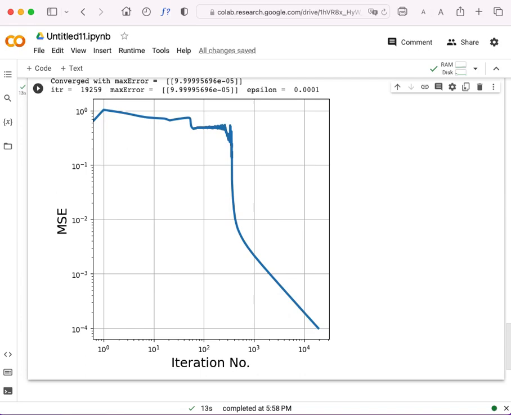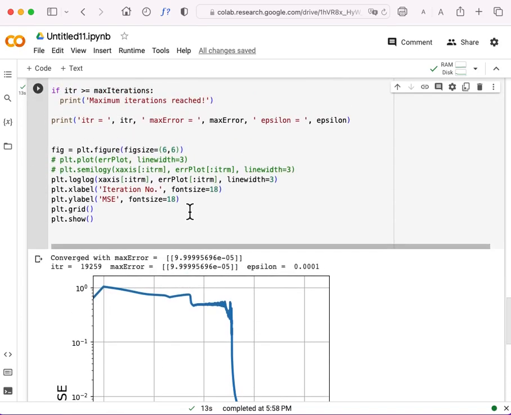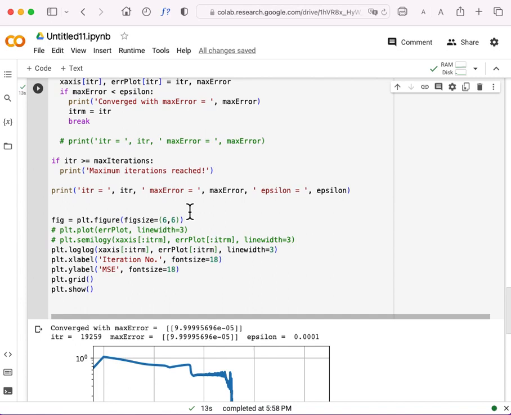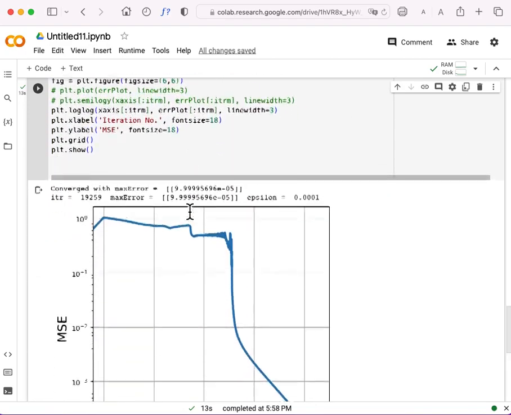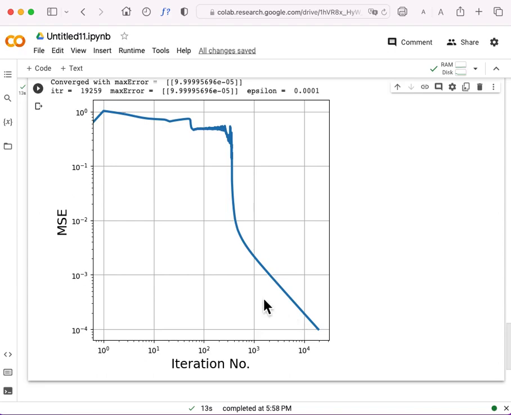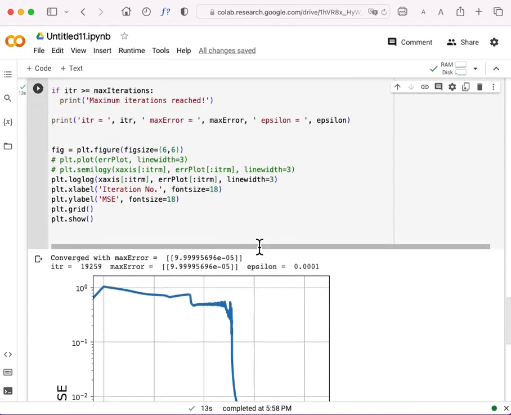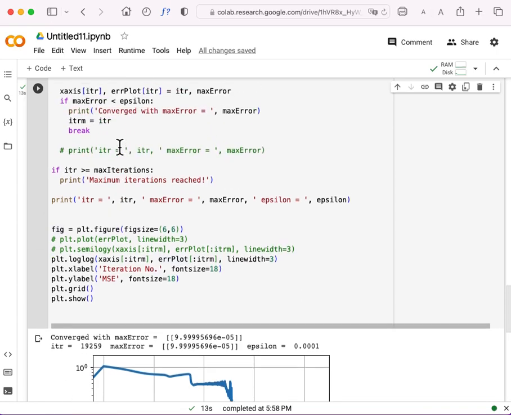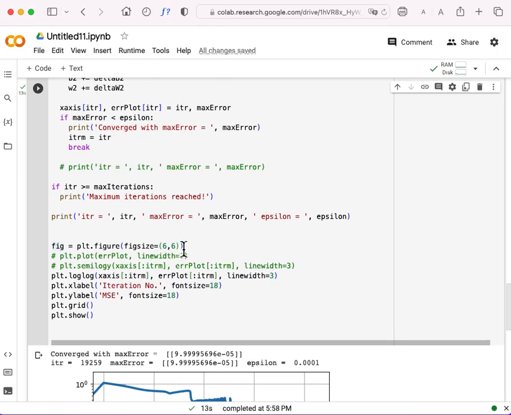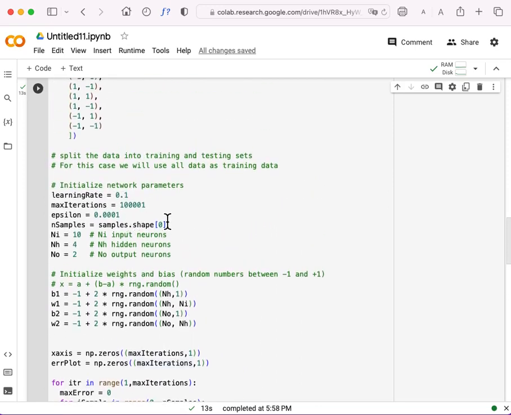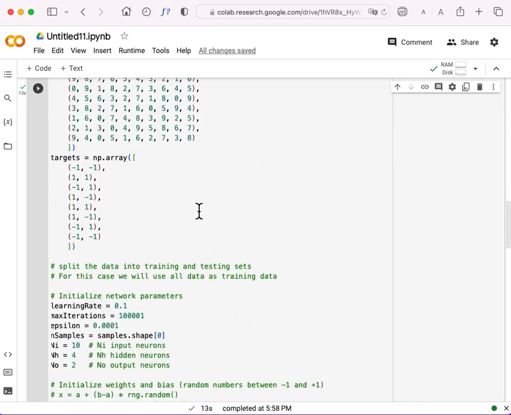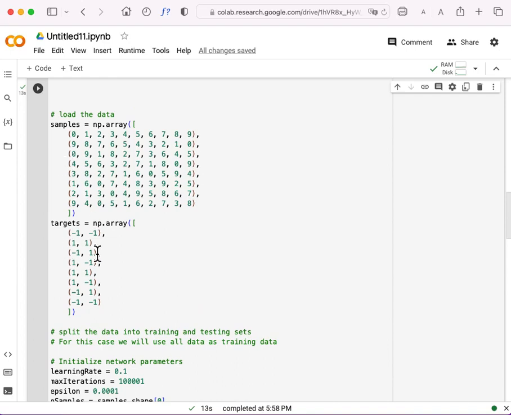Now one thing that you want to see is whether you have really achieved the convergence or not. We have reached the convergence, but is our trained neural network giving us the results that we require? How accurate is our trained network? To find out the accuracy, there are two things. We have looked into the mean squared errors, but how accurately was it able to classify the data that we have given it? For that we need to pick one of the samples at random from here and its corresponding target,